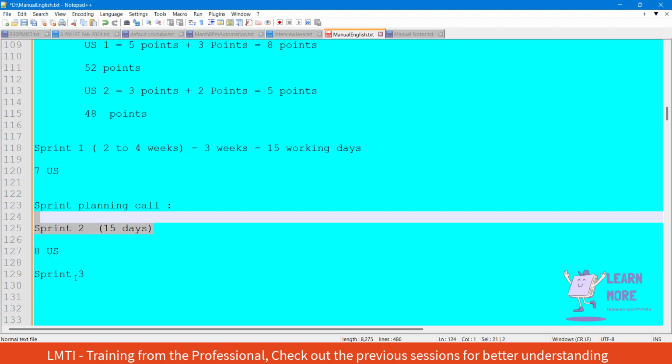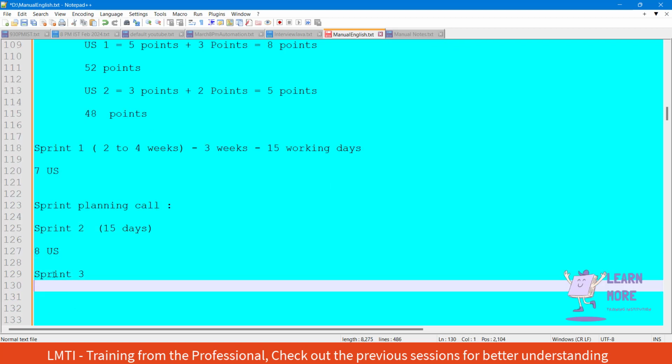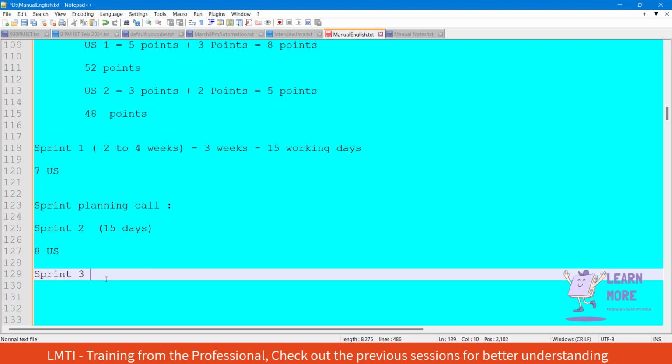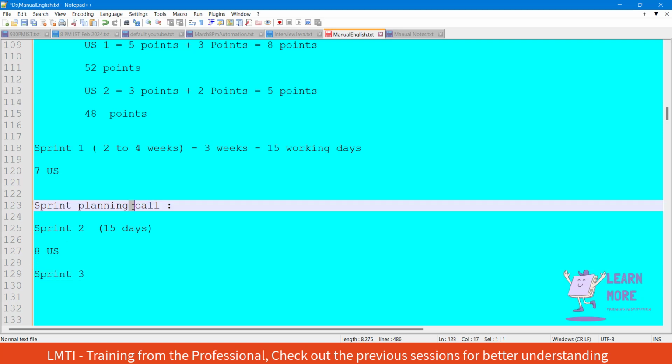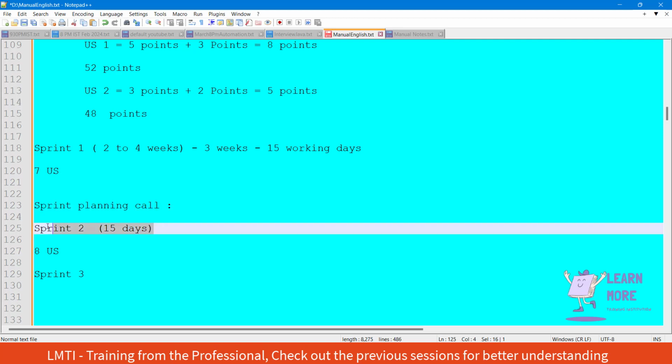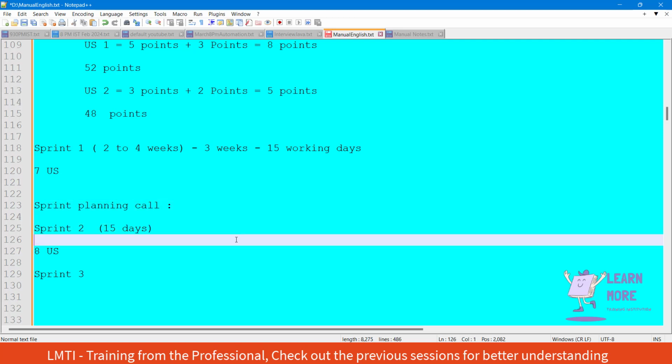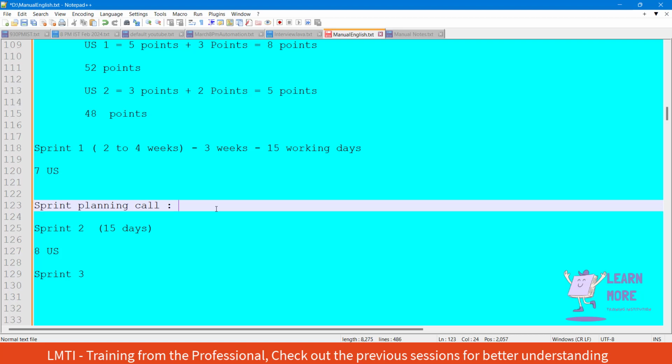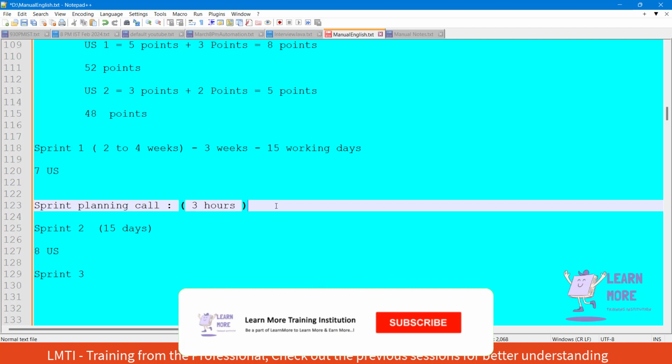Before each and every sprint, we will always have the planning call. That is, before the start of each sprint. Generally, this planning call may take close to 3 hours. Why are we spending so many hours on the planning call? Because the